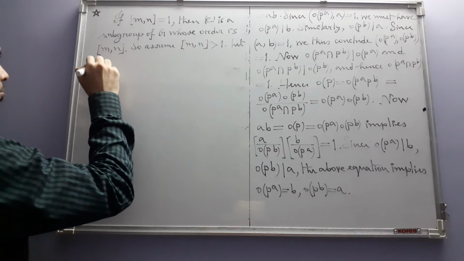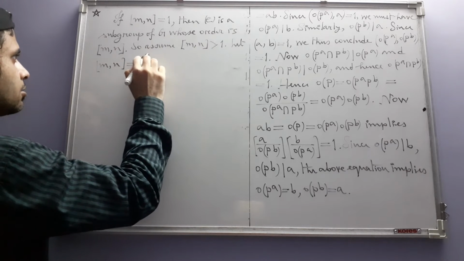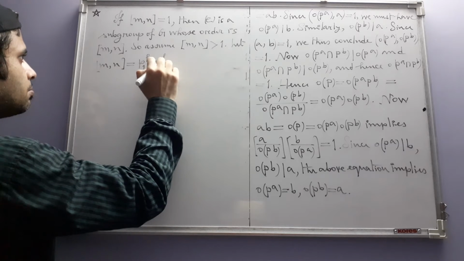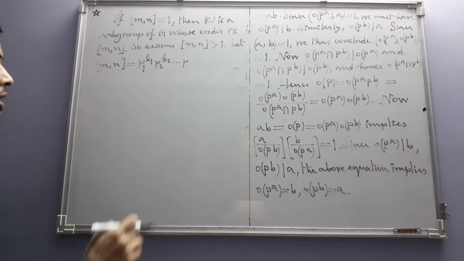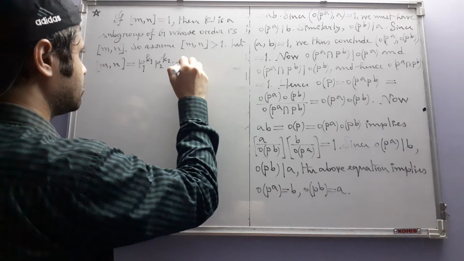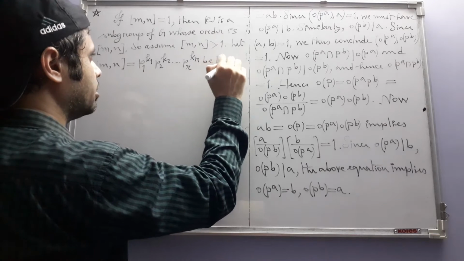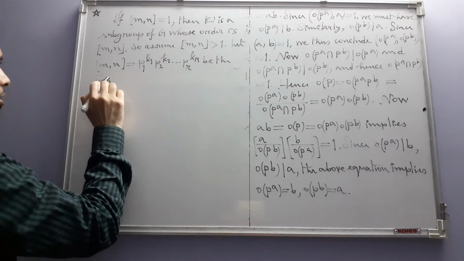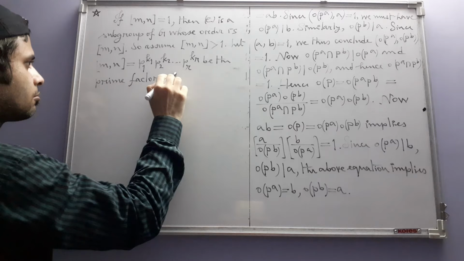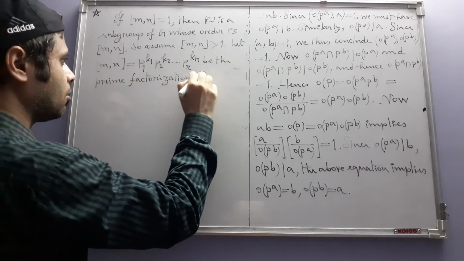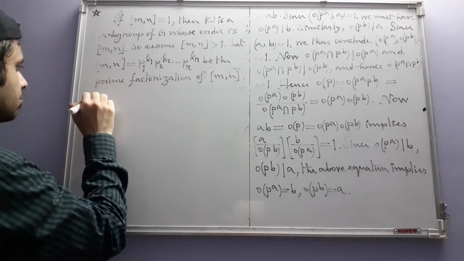So let this be equal to p1 to the power k1, p2 to the power k2, and so on up to pr to the power kr, be the prime factorization of the LCM,